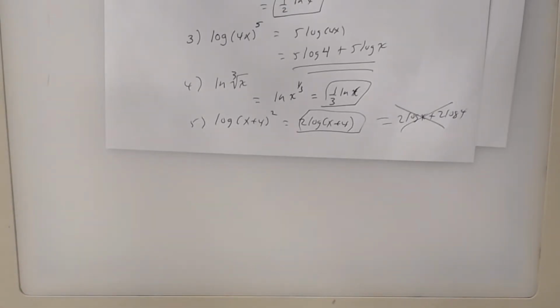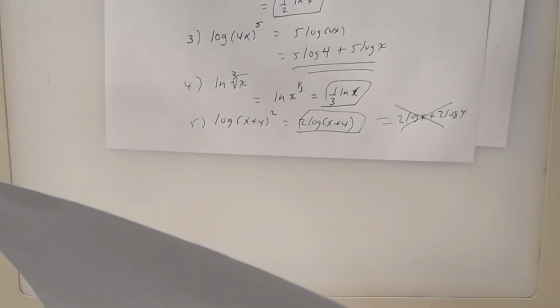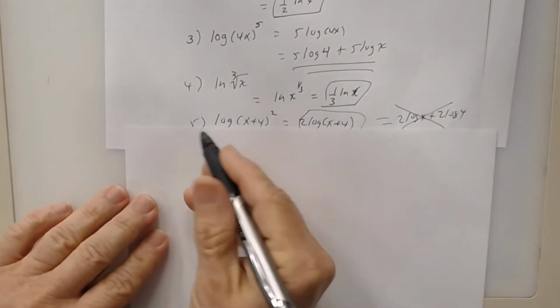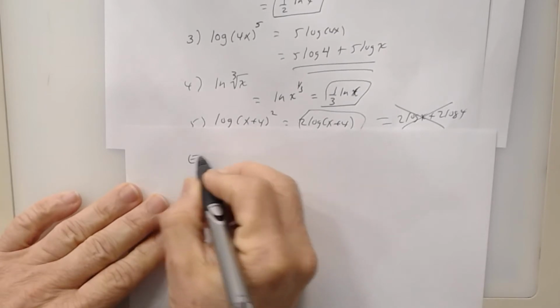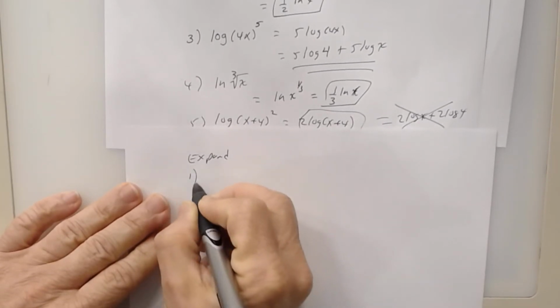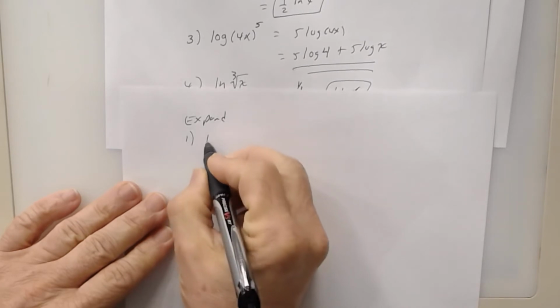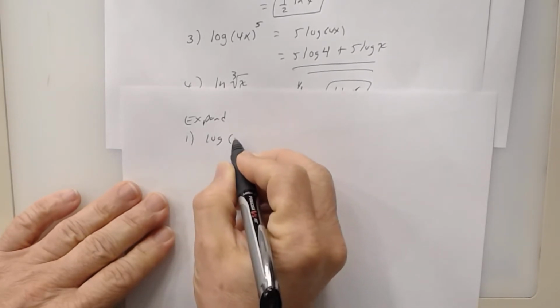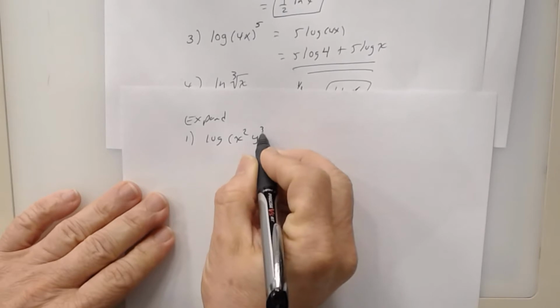All right, now let's look at this one. So there's only 3 properties. What are those properties called? Product rule, quotient rule, and power rule. There's only 3 properties. Now we're going to use them. Expand. Number 1. Log of x squared y cubed